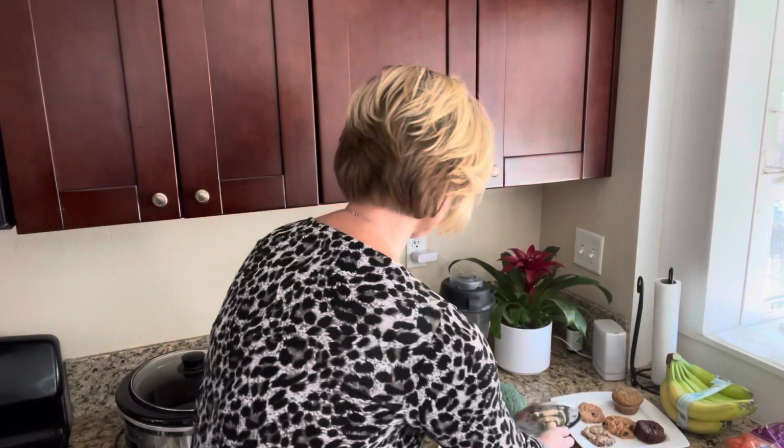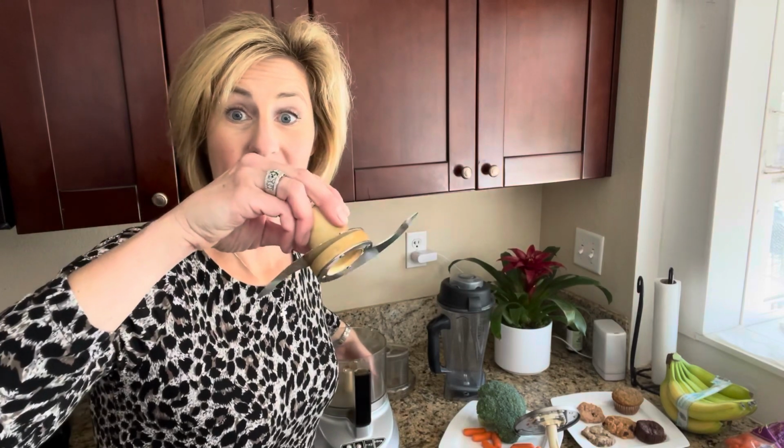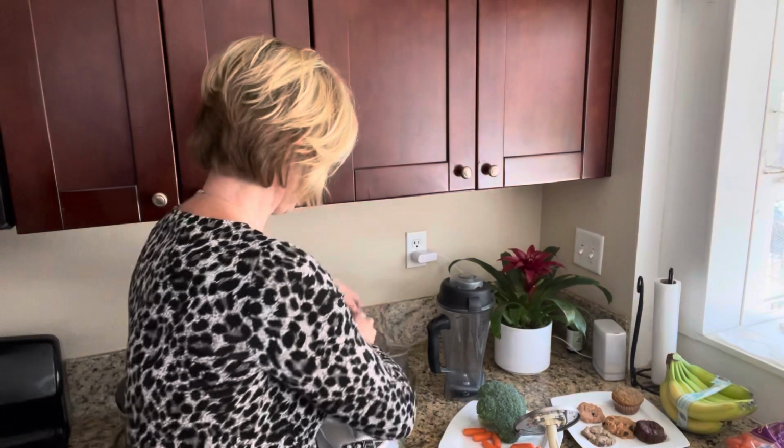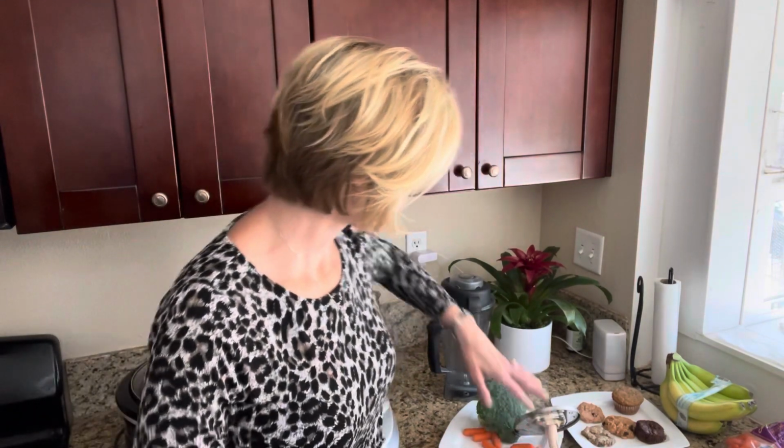Say you want to do the carrots, you could just pop them in the food processor and shred them. Okay, and then that takes like, what, 30 seconds, not even. Then you can just swap out the blade and puree them. And that also takes barely 30 seconds, okay? And so those are some of the top tools that you're gonna want to use when it comes to starting to hide veggies in your food, starting to really boost the fiber and the nutrients in your foods